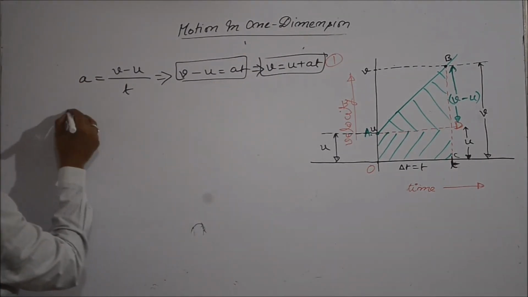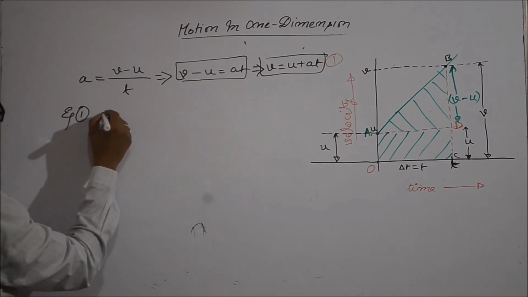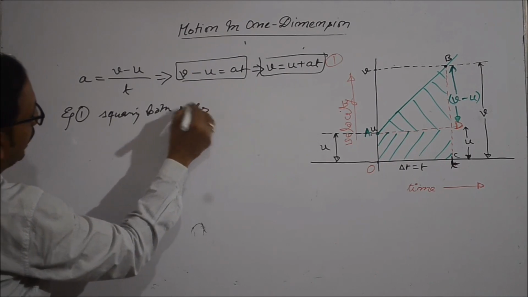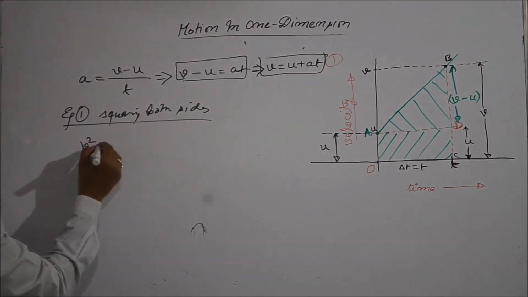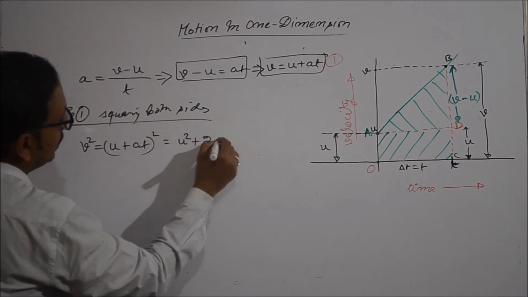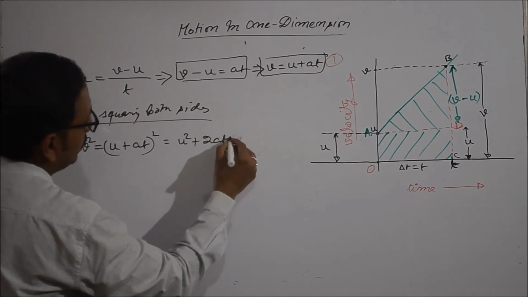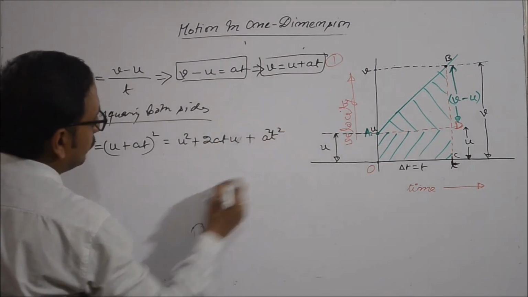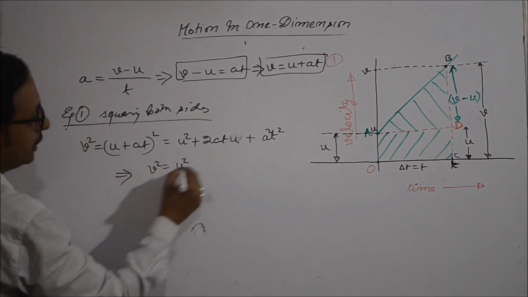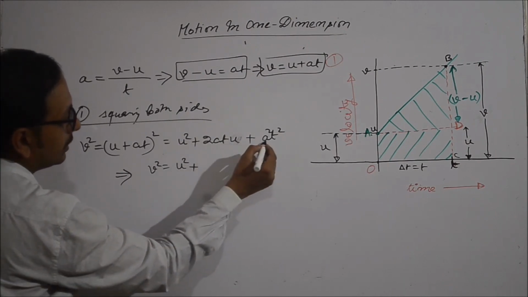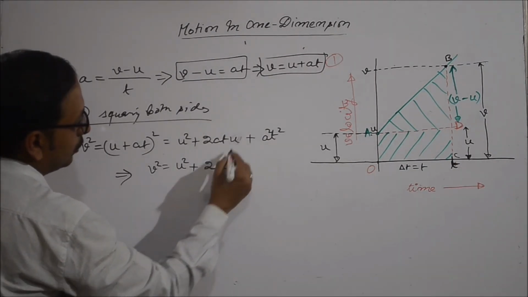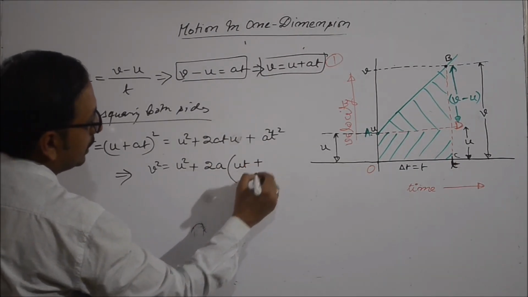How? This equation 1, what am I doing? Squaring both sides. That means if I square, v square equal to u plus at whole square, how much will we get? u square plus 2at u plus a square t square. Now this is v square, I am writing v square again, u square plus, if I take a common, let me take 2a common, if I take 2a out, you are left with ut over here plus